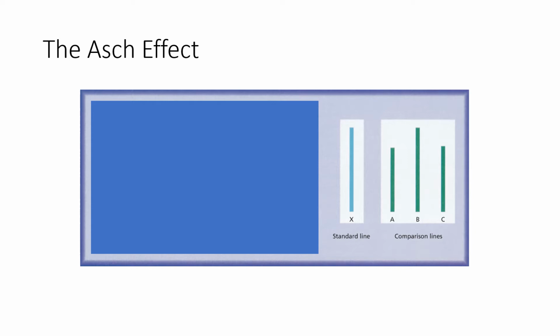There was one participant, and the other people, I think they're called confederates. They're not actually participants. They're actually part of the research team trying to develop the social situation. And that whole group said it was a different line. And so imagine if you were in the situation, obviously the answer is B, but everybody else in the group is saying that actually it's C.